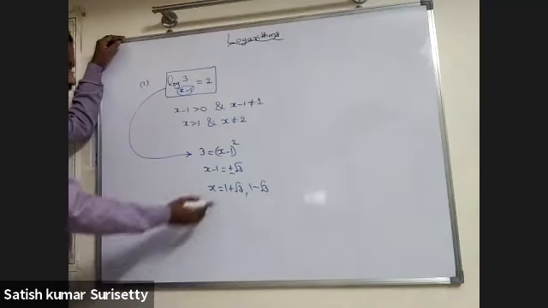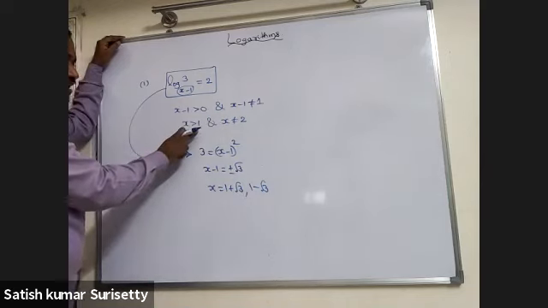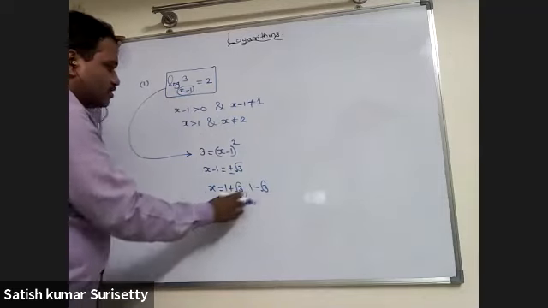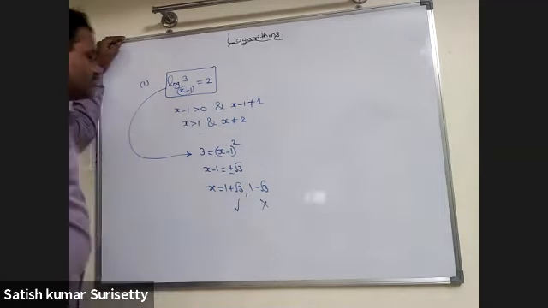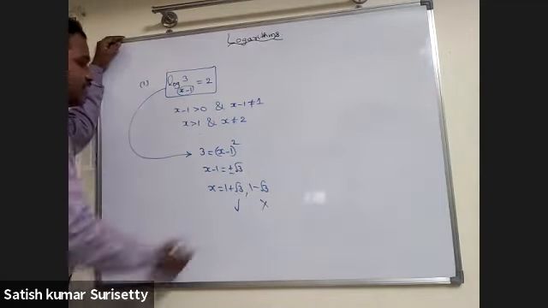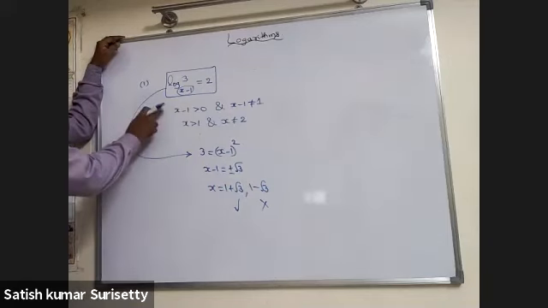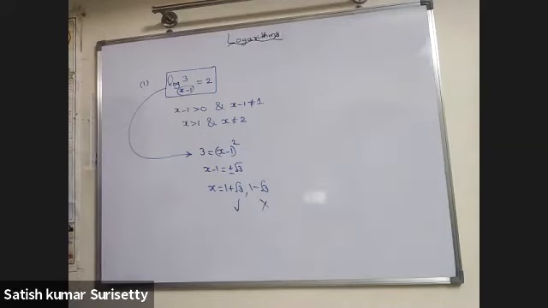Now, does 1 plus root 3 satisfy both the conditions? It is greater than 1 and not equal to 2. So 1 plus root 3 is satisfied. Next, 1 minus root 3. Will it satisfy x greater than 1? No, sir. So the only solution is x equal to 1 plus root 3. In case you are not writing these conditions, there is a chance that you will take both the solutions. That becomes wrong.